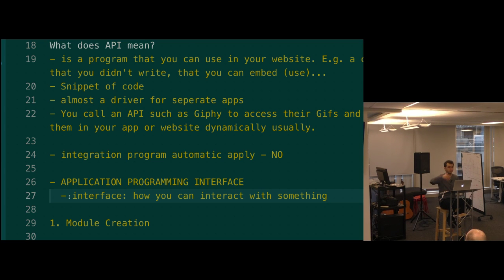There's some other program. We want to be able to interface with it, communicate with it in a nice, clean, standardized way. And so we'll make use of an API that is exposed by that program, right?